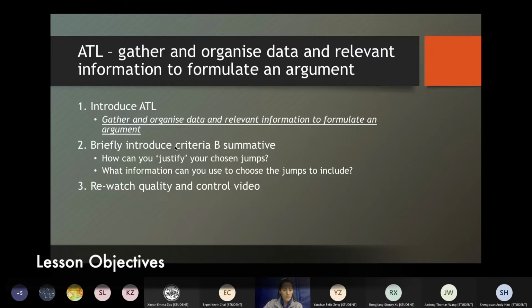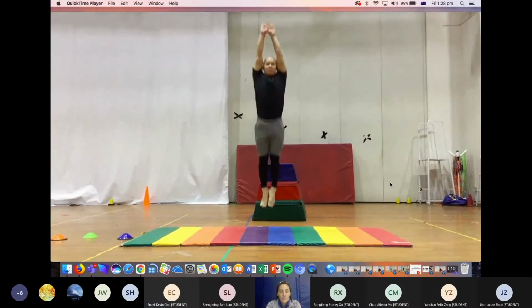into your routine. So last lesson we watched the video called Quality and Control, and there were 4 different things to quality and control. And it's these 4 different characteristics that we're going to use to help us justify why we should or should not include a certain movement. We're going to be pulling apart what makes a good jump and how do we know if our movement has